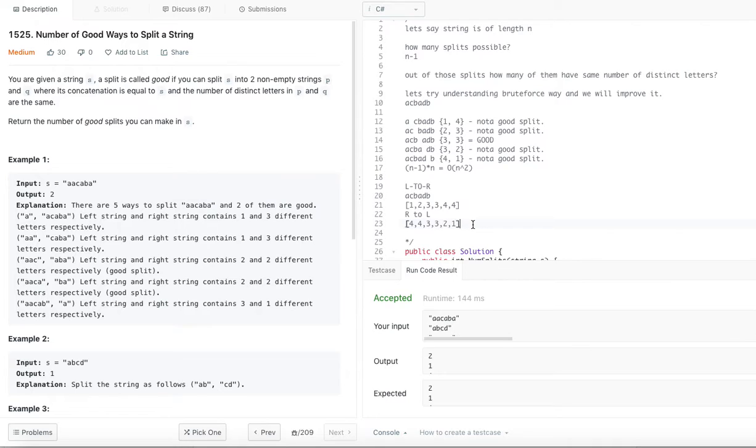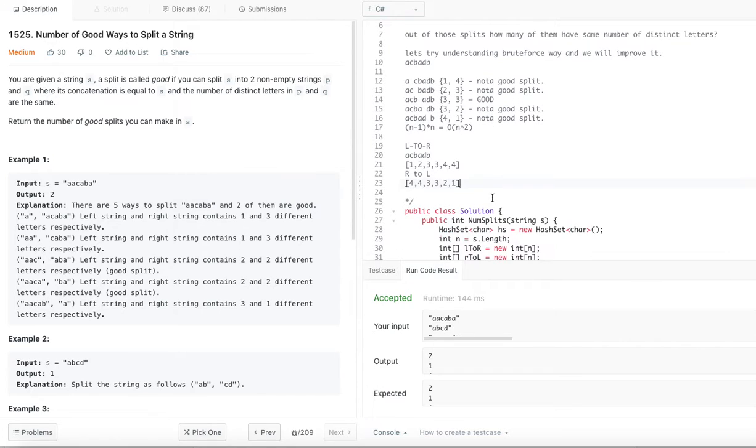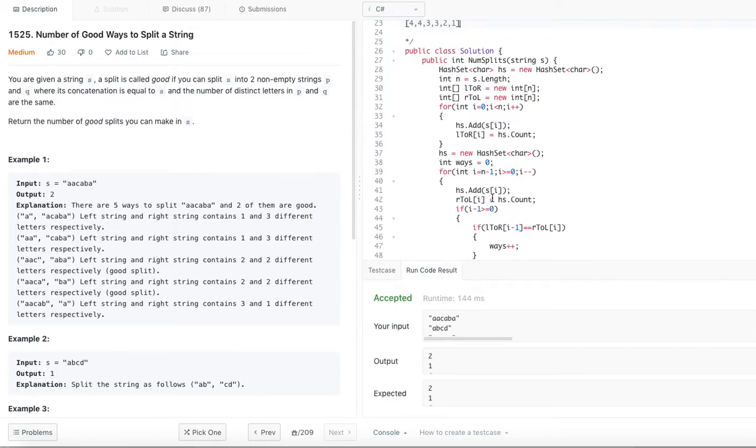Whenever the counts are the same, we increment our good ways. That's what we are going to see in the code. We will identify the time complexity and space complexity for this algorithm once we see the code. Okay, let's look at the code.